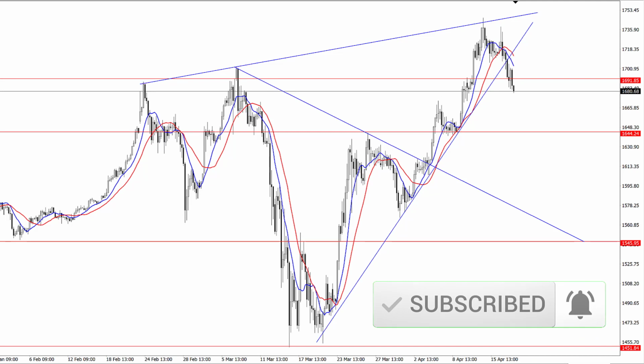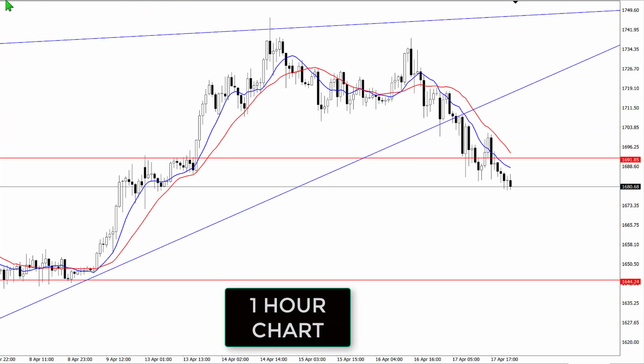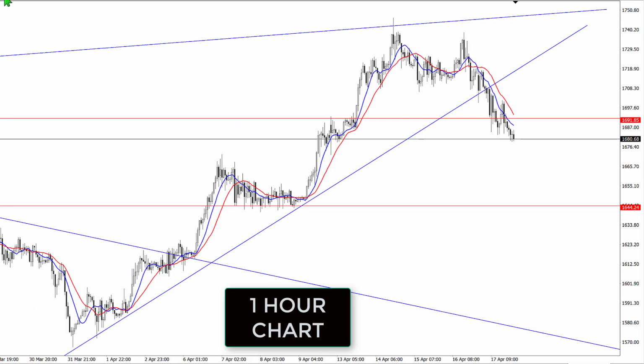So let's zoom in and see properly. So here it is right now. We can see we have a long-legged doji right here, where price fell downward, and then we have another bearish action right here. If you watch properly, or zoom in on the 1 hour, you would figure out this is a double top,